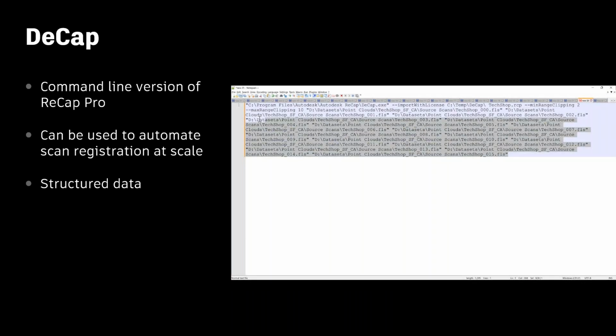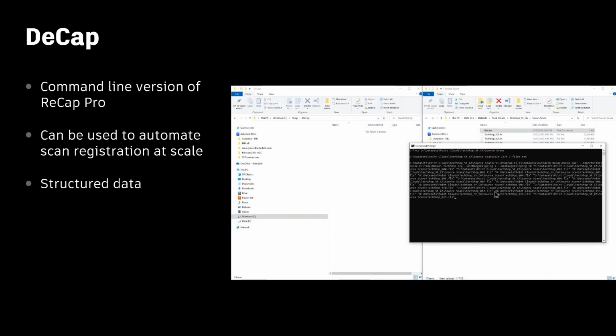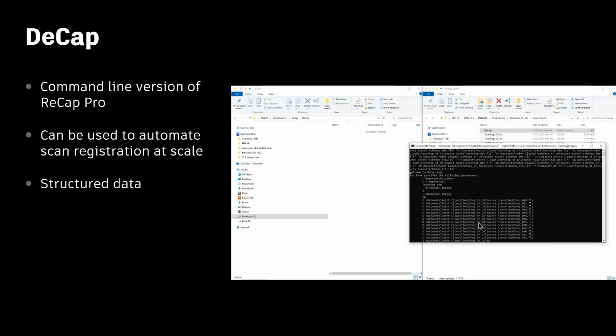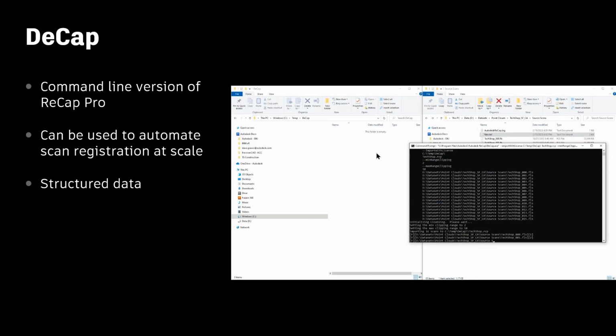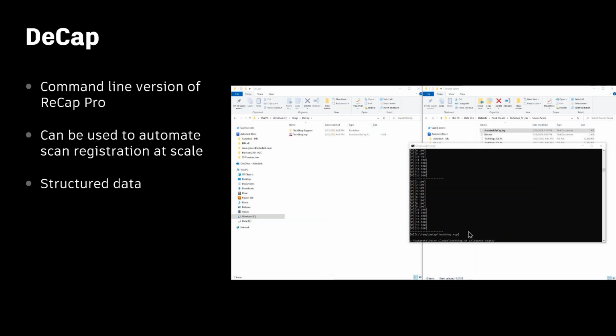DeCap. So this is a command line version of RepCap Pro. So like that old DOS prompt that some of you may be familiar with way back in the day, it's basically the same thing. And we can use this prompt to register scans at scale. It's like that very first example of the point clouds, those terrestrial scans inside of RepCap Pro. You can do that same process inside of a command line, which can open up doors for automation and registering